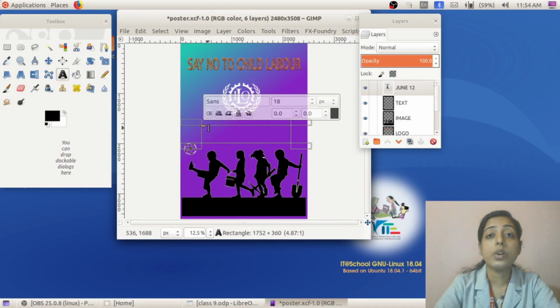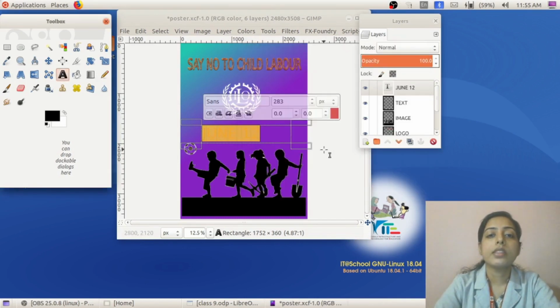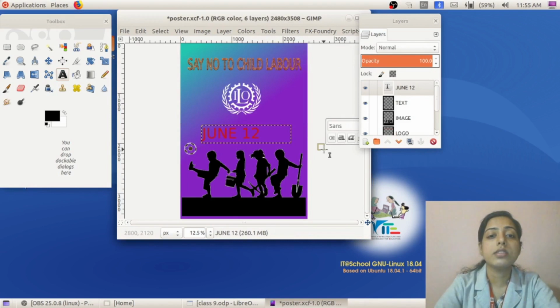So here we can see one yellow color selection. Have you seen that yellow color selection? So select the text, and in the dialog box increase the font size like this. Increase the font size. Then if you want to change the color, there is a color option. So click on the color option and select the color. Click on OK. Then if you click over the empty space, yes, we can see the text. So in this manner we can add text to the canvas. This activity is not described in the textbook, but in that poster we can see the text.